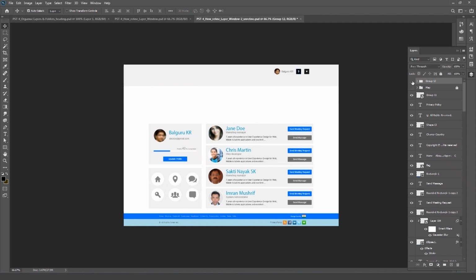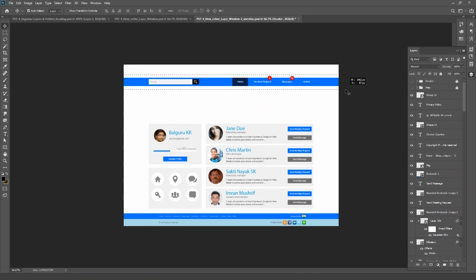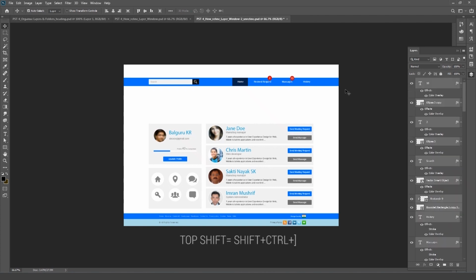Everything is fine, we just want to give the name header to these two, and again I'm going to lock this. Then I'm going to select this area, take all these layers to the top, and create a group with Control G.